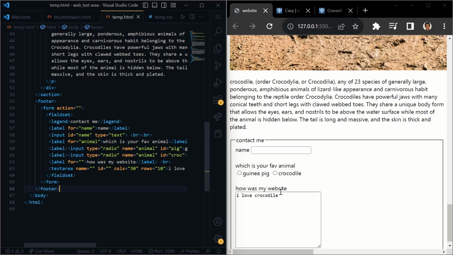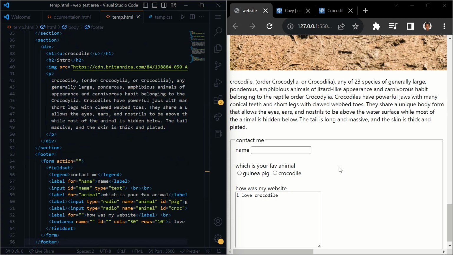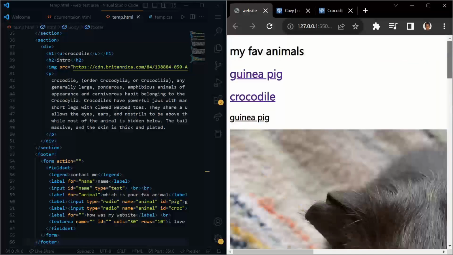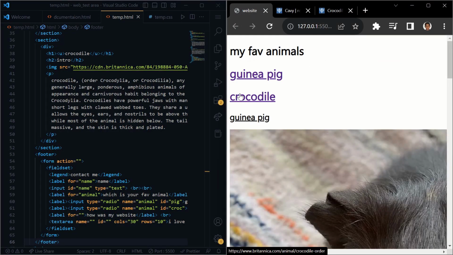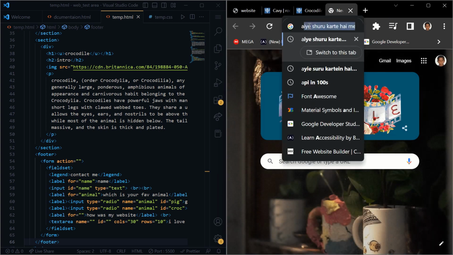So let's keep this back. Okay, now we have created our page. We have contact me section, and we have our header part. So from next part, this is all for the HTML tags. We are done with all the HTML tags, and any more HTML tag you will be thinking, yeah, Bhuvnesh, you left this one or that one. Yeah, I know. So you can go to all HTML tags,